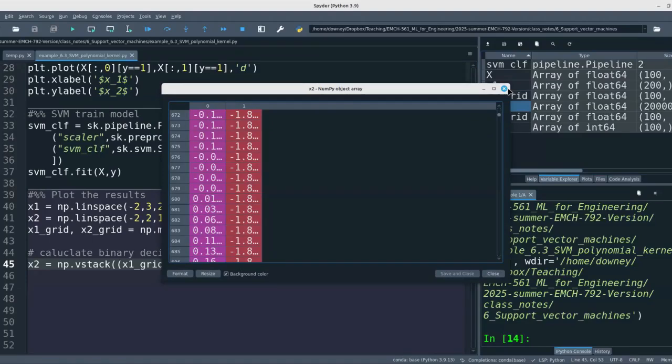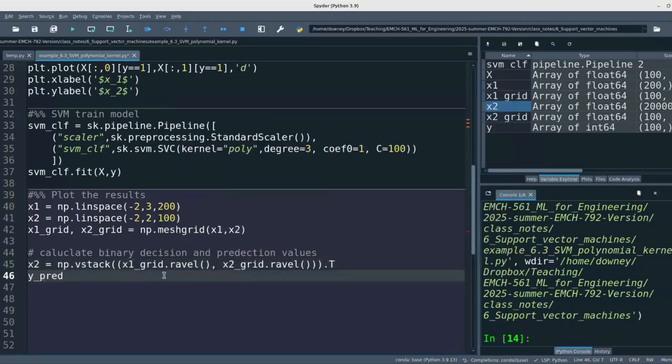And now I can go y_prediction. Again, that's the prediction of my target, is equal to svm_clf.predict capital X2. And this one needs to be a capital X. I apologize. That needs to be a capital X2, a capital X numerical 2. Okay, so I'm going to predict that, but now I want to reshape